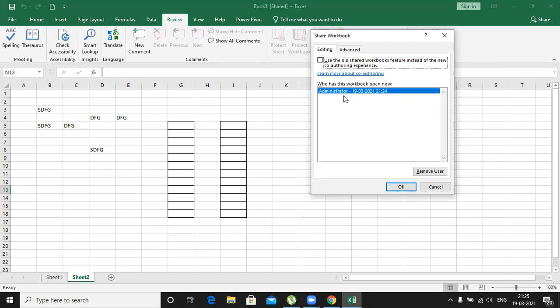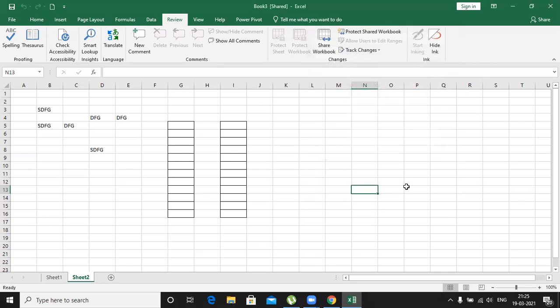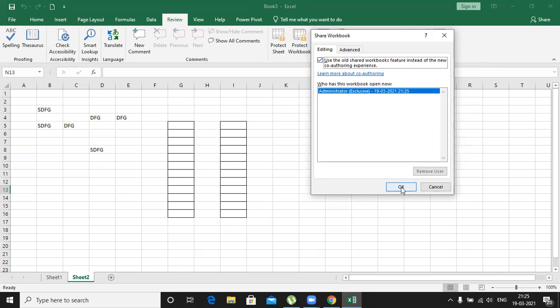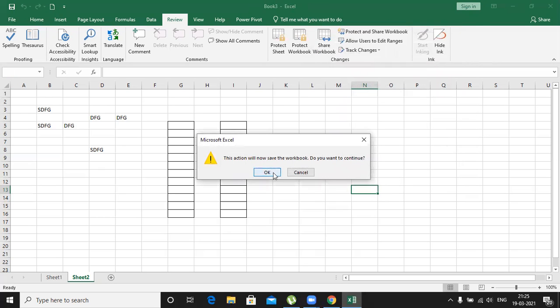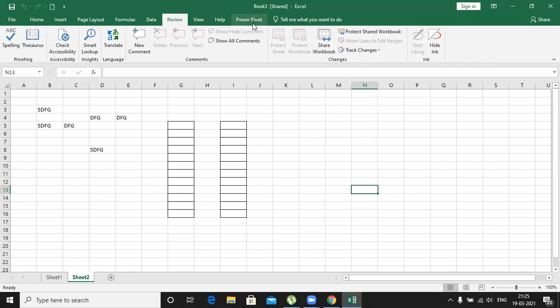Right now it is a client operating system. It's not a network operating system and it's not a server. When we are working on a server and so many users are accessing and working on the same file, I can easily trace who has opened the workbook. That detail will be displayed in the same area, and you click OK. Understand, ma'am? Yes.